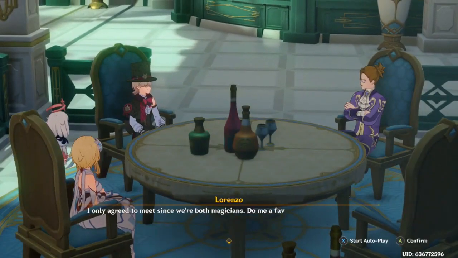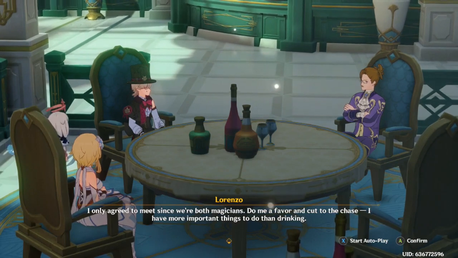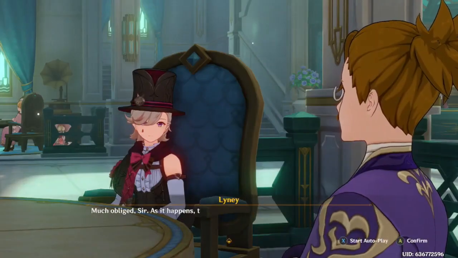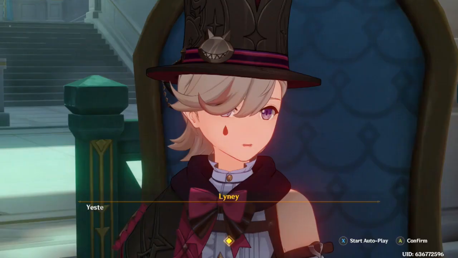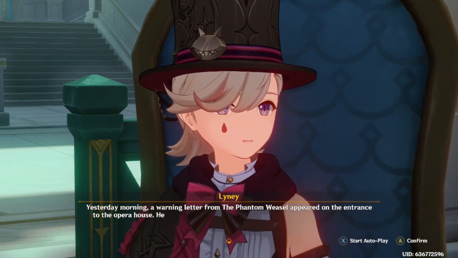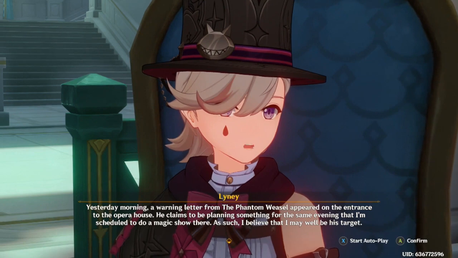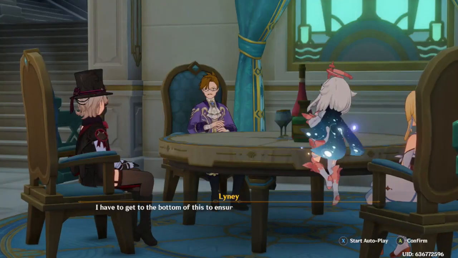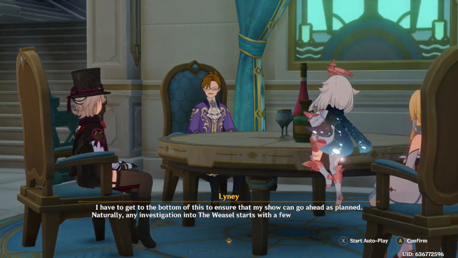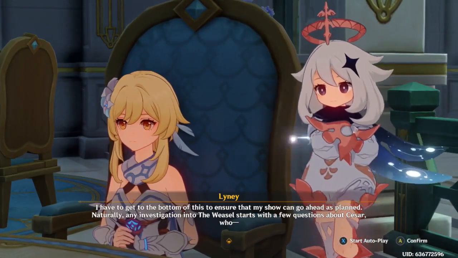I only agreed to meet since we're both magicians. Do me a favor and cut to the chase. I have more important things to do than drinking. Much obliged, sir. As it happens, the matter I want to address is also related to magic. Yesterday morning, a warning letter from the Phantom Weasel appeared on the entrance to the Opera House. He claims to be planning something for the same evening that I'm scheduled to do a magic show there. As such, I believe that I may well be his target. I have to get to the bottom of this to ensure that my show can go ahead as planned. Naturally, any investigation into the Weasel starts with a few questions about Caesar, who...